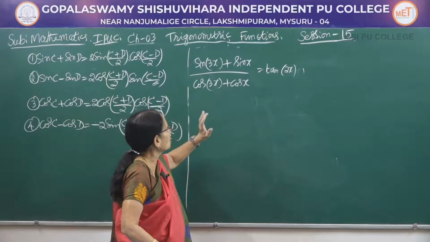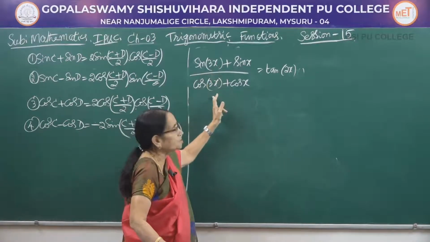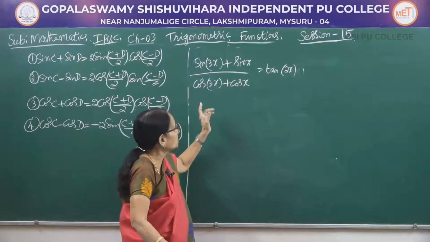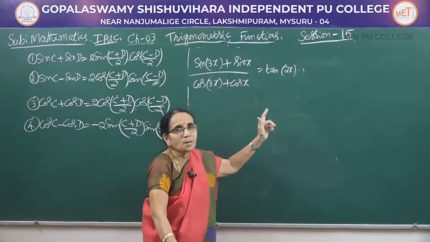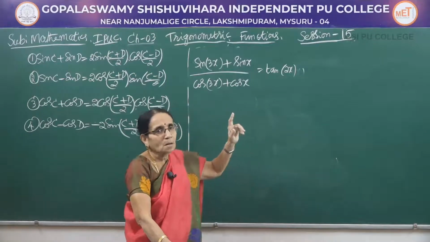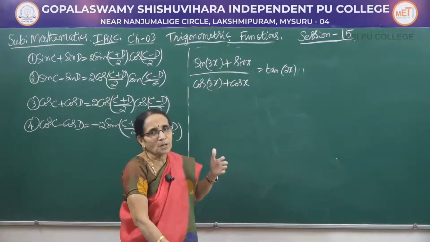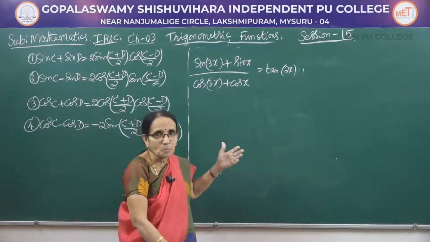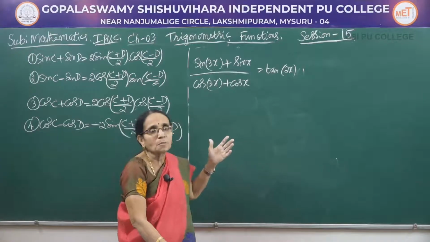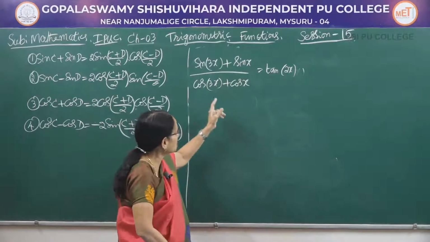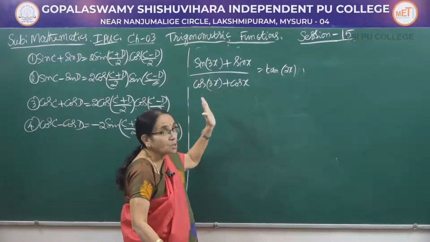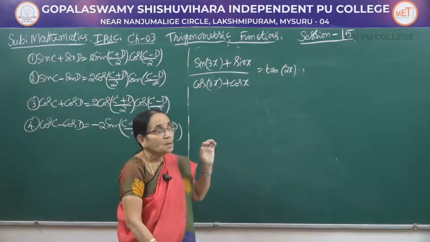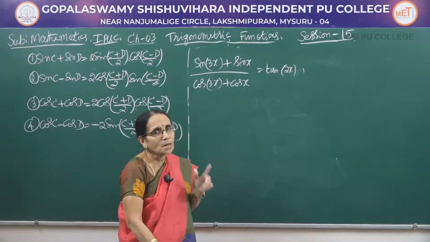In this particular problem, you observe sin 3x, cos of 3x. We have got multiple angle formulas also for this one. So using the multiple angle formula also, you can get the right hand side. But that method is a little bit cumbersome. That means you cannot solve the problem within 2 steps here. That takes more steps and the chances of committing mistakes would be more. Therefore, in such problems, though we can use the multiple angle formula, it is better to use the transformation formula. In that way, we can solve the problem rather easily.